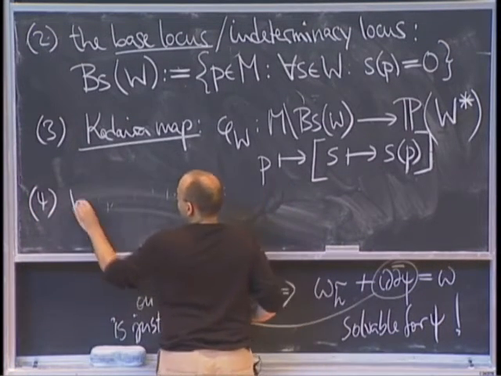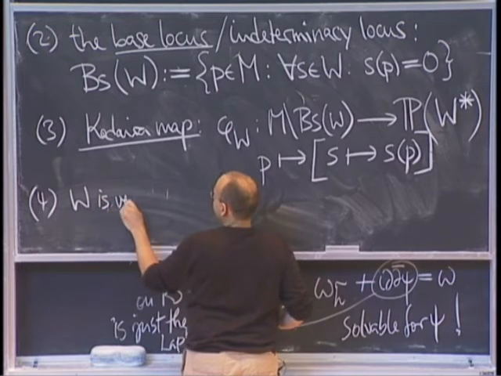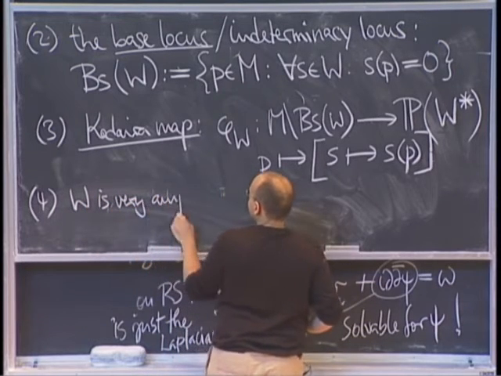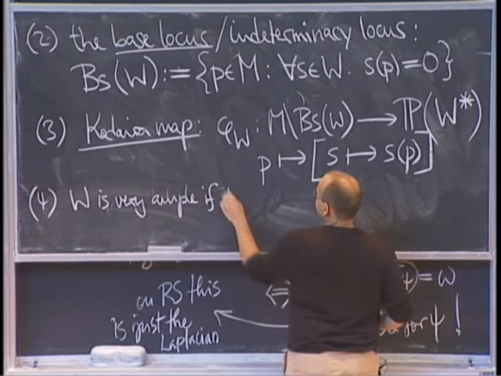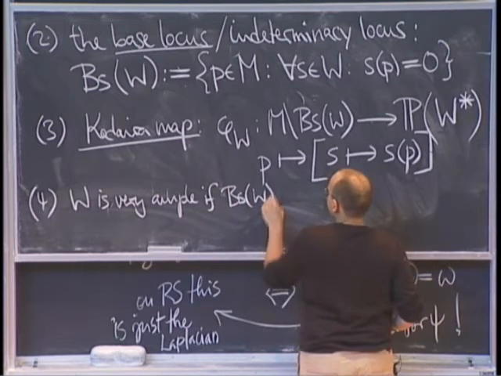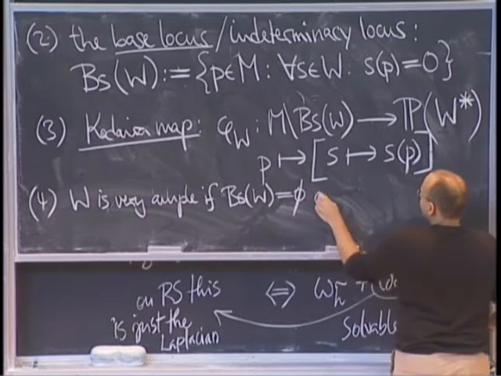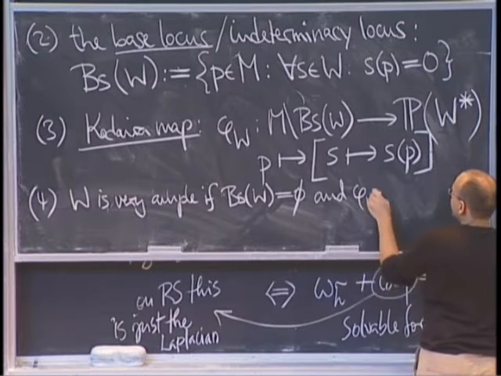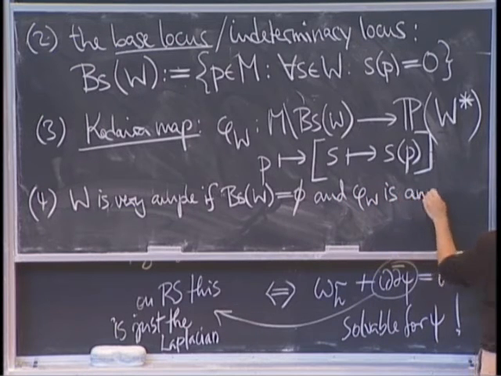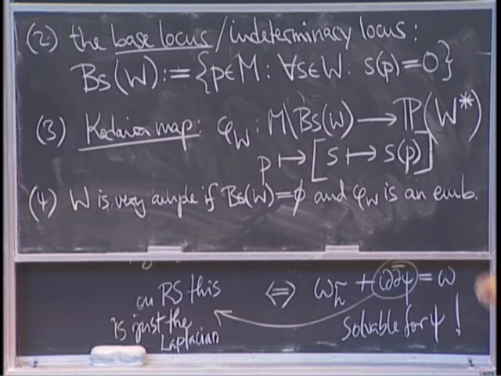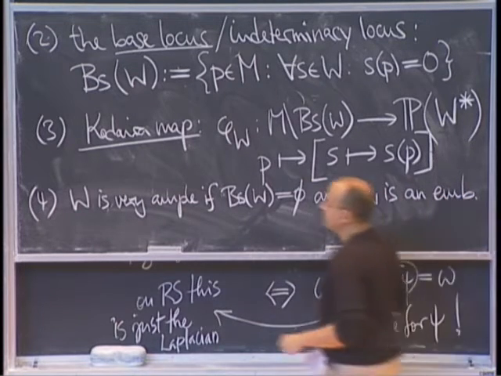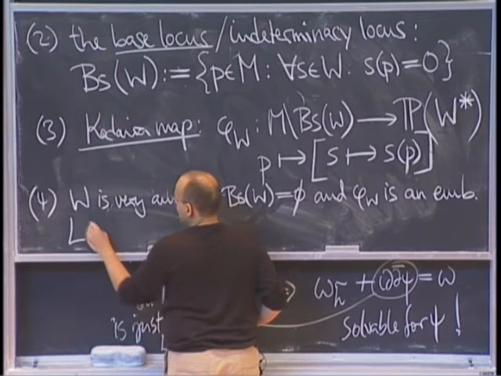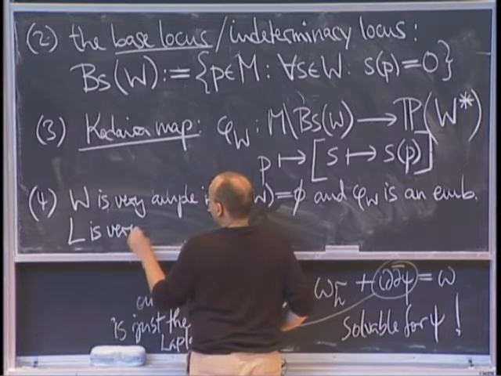So then we say that the linear system is very ample if it doesn't have any base points, and the Kodaira map is an embedding. It's a globally defined map and actually an embedding into this target space. The line bundle is called very ample